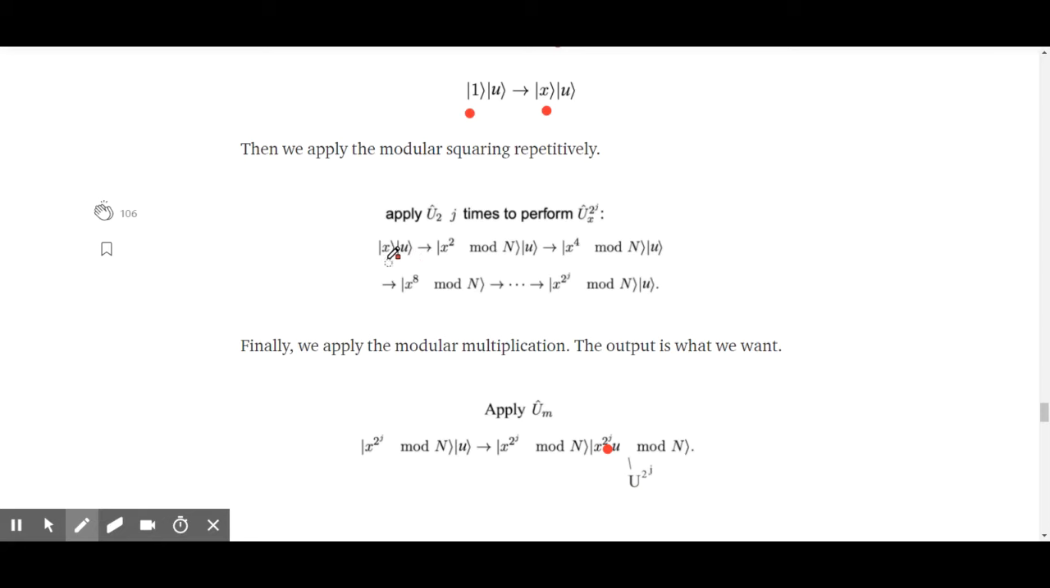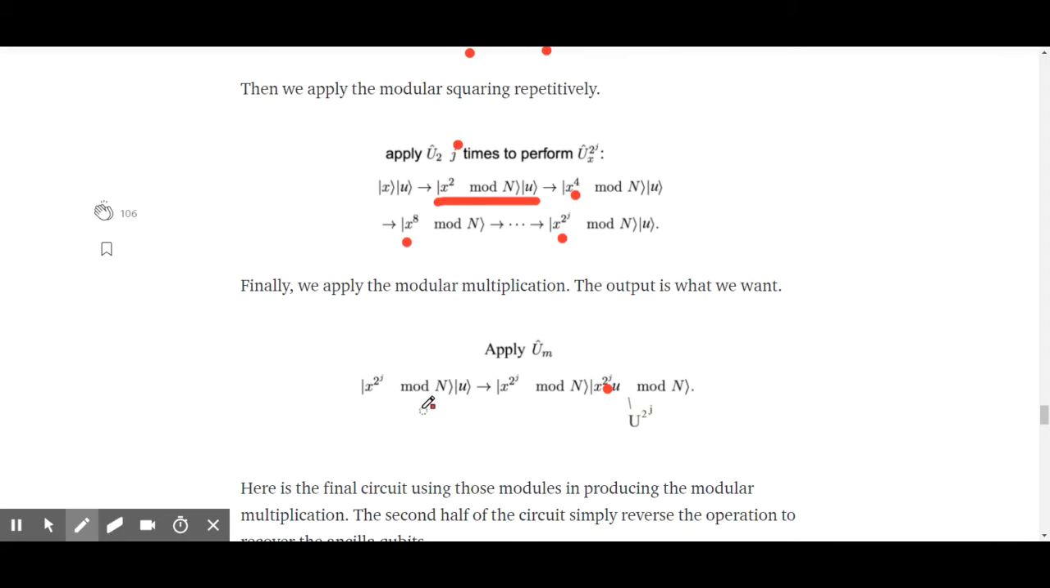X times u. So then we turn x times u into this. Then we perform it again, then we perform it again, then we perform it again. And that's kind of the general idea, okay, but I don't know what j is, but okay, so that's what you go for. And then when you have that,